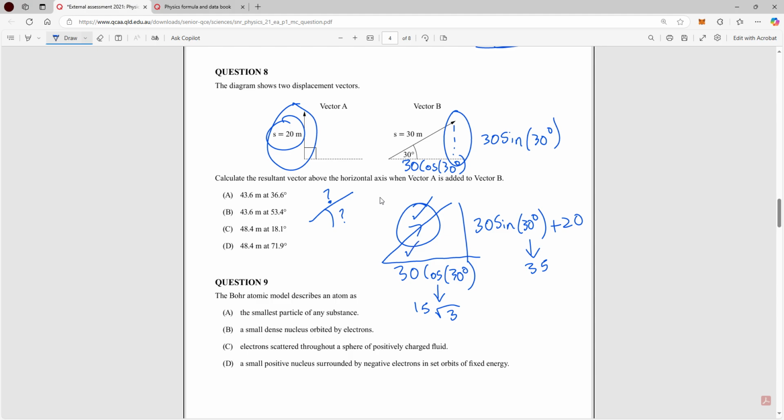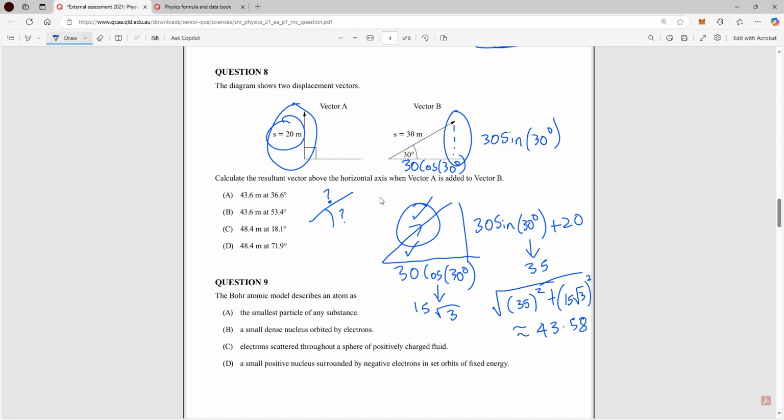So we'll use Pythag here. Square this plus square this and then square root the whole thing. So you're going to calculate 35 squared plus (15 root 3) squared. Chuck that into your calculator. Let's just do that now. And it should give you about